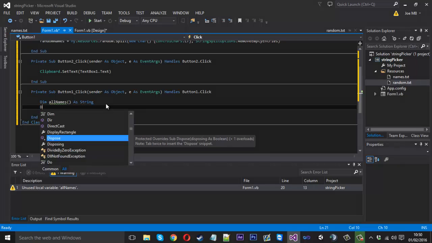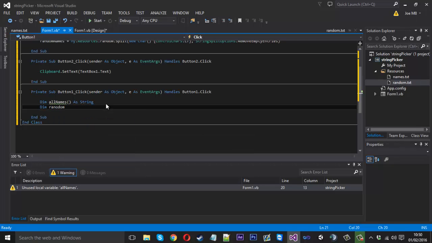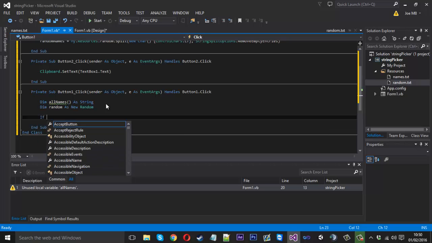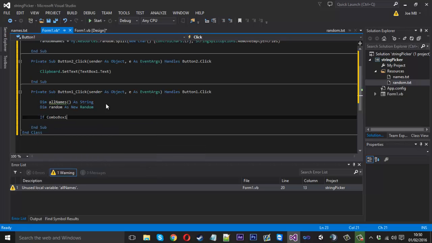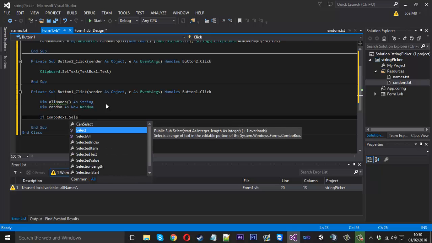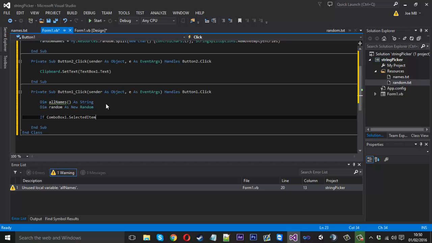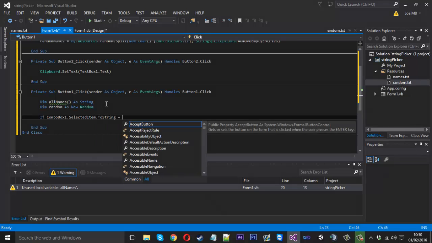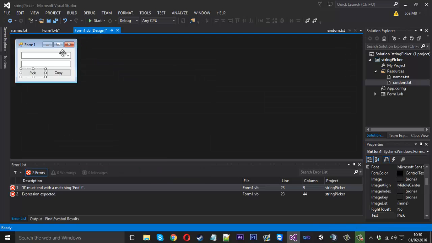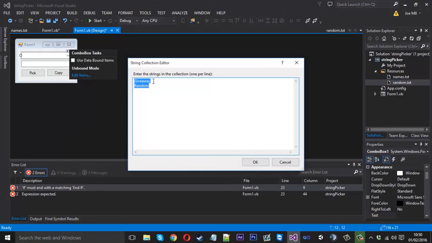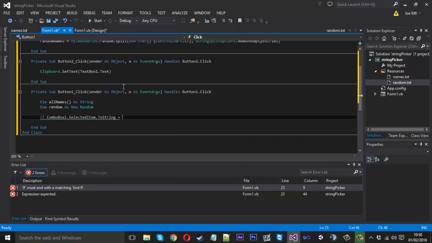We just want to create a random here, because obviously we want to pick a random one each time, as new random. Just under here we want to say if combo box 1 dot selected item dot to string is equal to, and this is where you want to find the name. Remember we called it giveaway. Inside here, this is what you want to call it. We called it giveaway and random, so we want to come to our code and we can just say if it's equal to giveaway, then